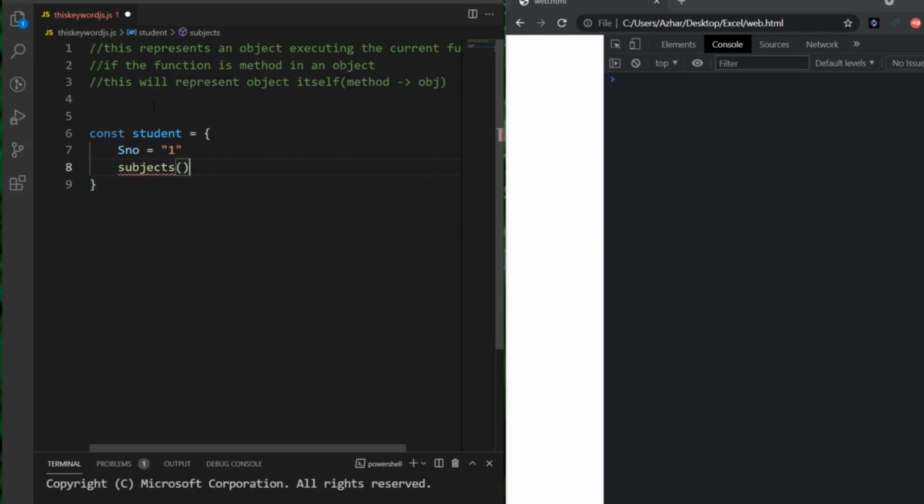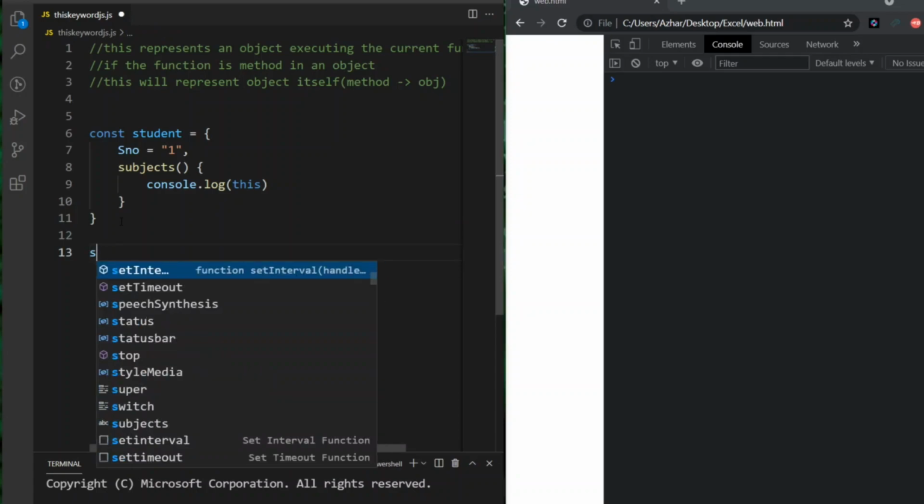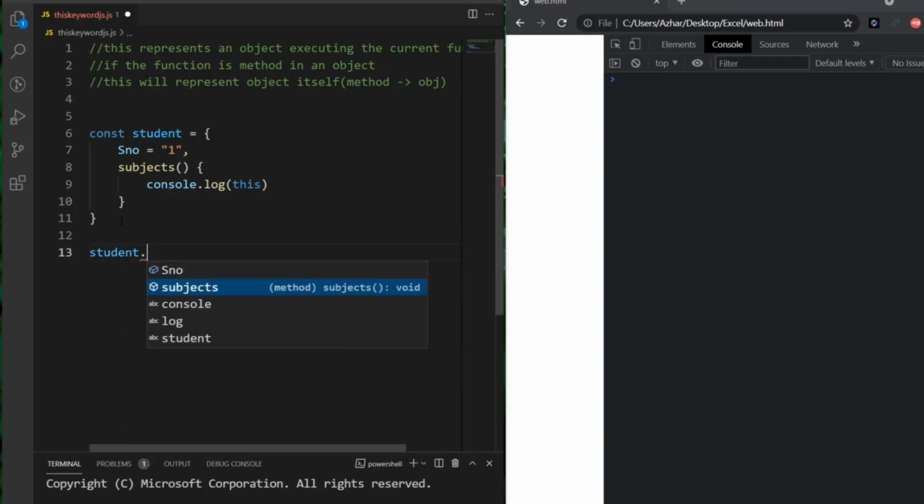So let me give subjects as a function, and I'll write console.log of this here, and I'll call this function by writing student dot subjects.